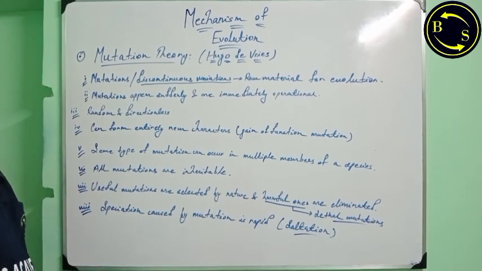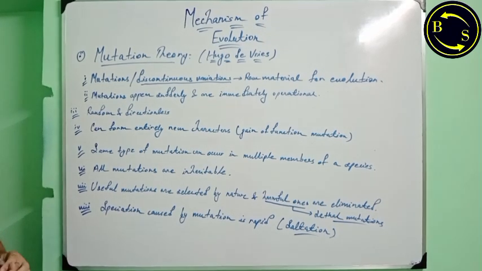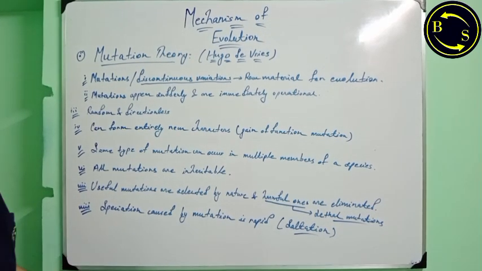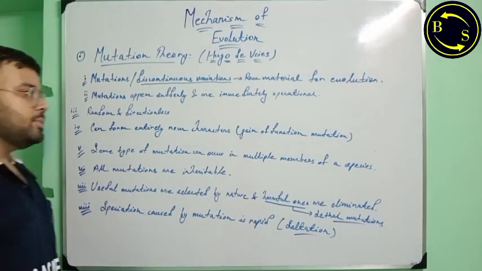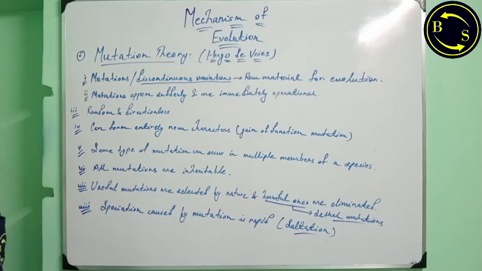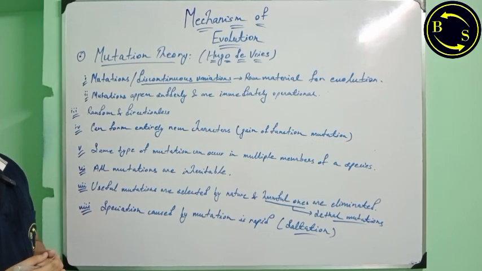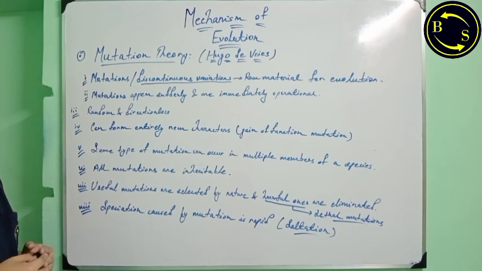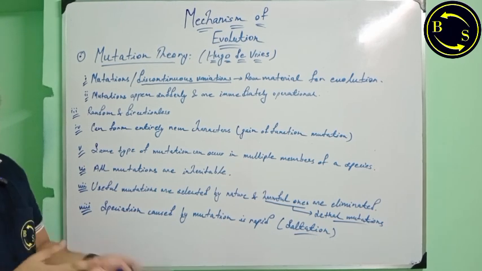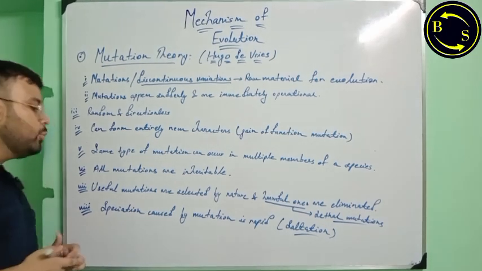Mutations are random and directionless. Random means it can happen to anybody, it can happen in any place under any environmental conditions. So it is random, and directionless means not all mutations are useful. Mutations may give rise to a feature that may be very detrimental for an organism to survive in that particular environmental condition. So it can be beneficial, it can be harmful, also it can be neutral. There are a lot of mutations. In fact,